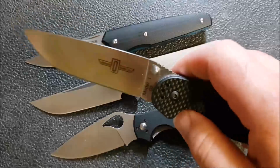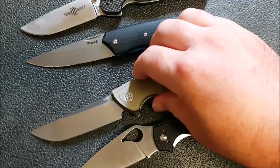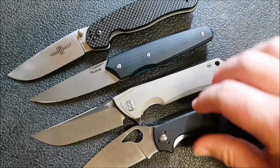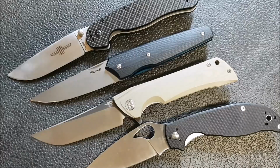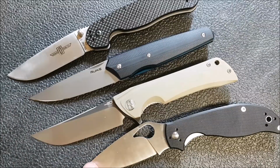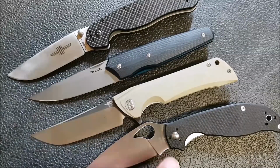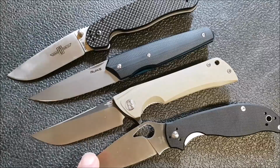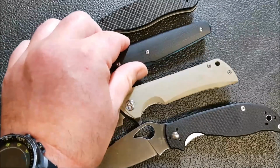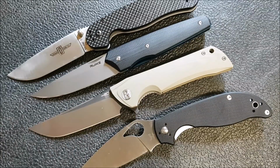And you can even get the Rat Model 1 in D2, so you don't have to say, well, I can only afford to spend $40, so I guess I'm going to have to get the Chinese alphabet steel. You don't have to. You can get D2, you can get 14C28N, you can get BD1. In terms of blade steel per price, this is probably the best on this table because I think this is the cheapest here, and it's in BD1, which is going to perform pretty nicely. Certainly far better than 8Cr13MoV, which you're normally going to be buying on a $40 knife, or even